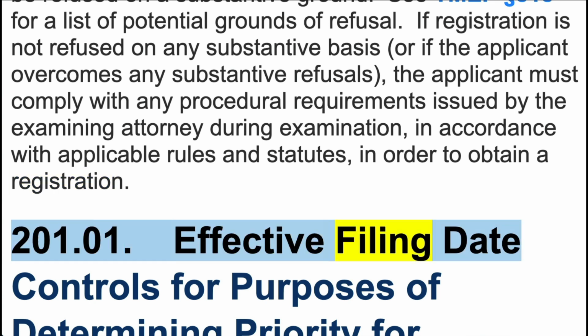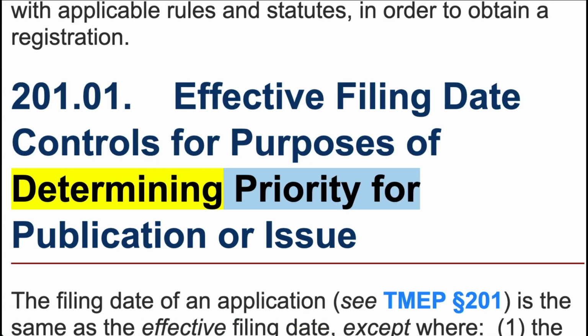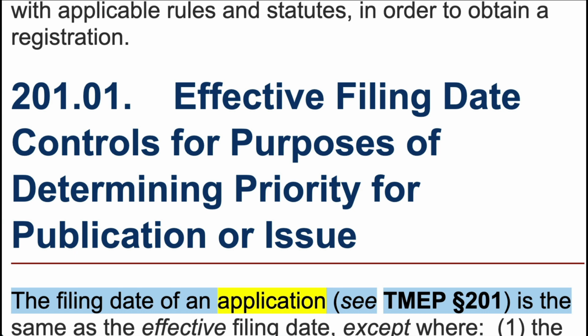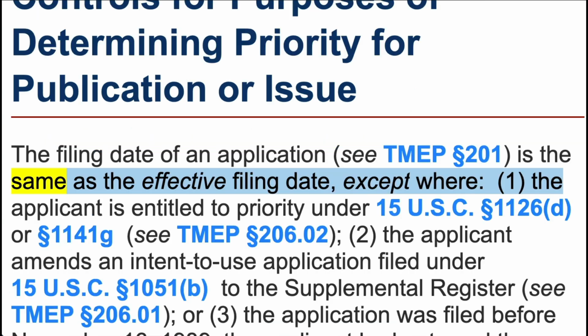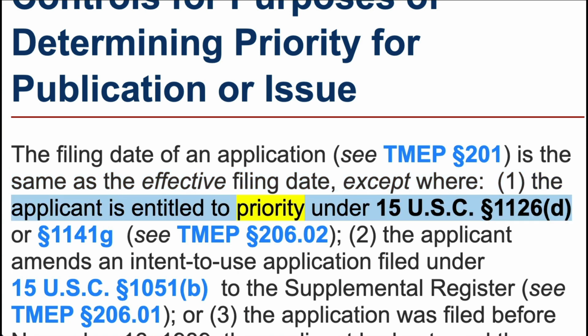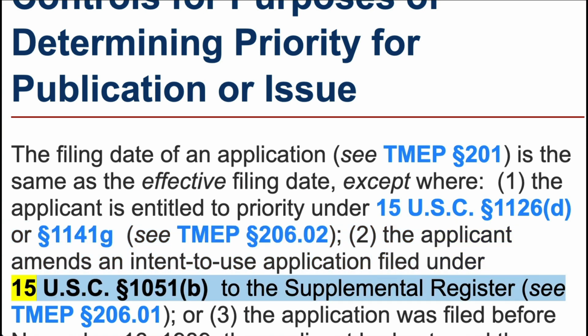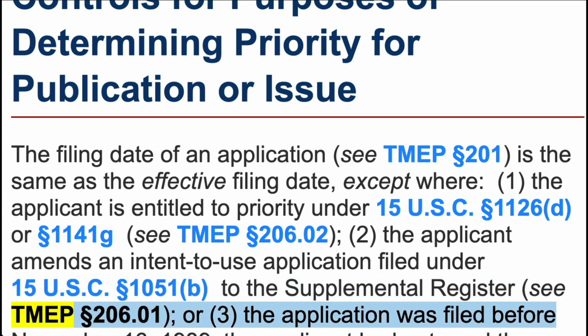201.01. Effective filing date controls for purposes of determining priority for publication or issue. The filing date of an application, see TMEP Section 201, is the same as the effective filing date, except where 1. The applicant is entitled to priority under 15 U.S.C. Section 1126(d) or Section 1141g, see TMEP Section 206.02, 2. The applicant amends an intent-to-use application filed under 15 U.S.C. Section 1051(b) to the Supplemental Register, see TMEP Section 206.01, or